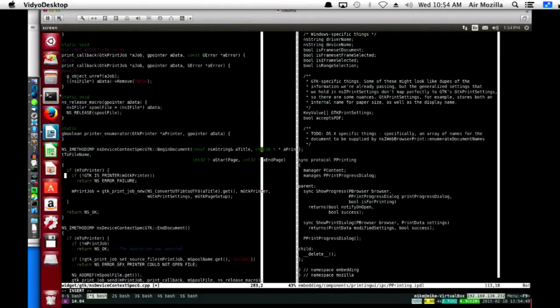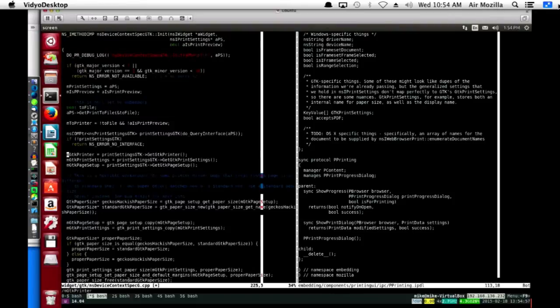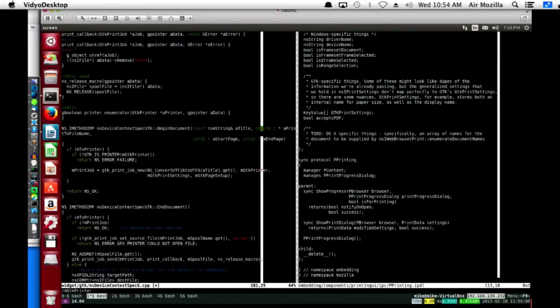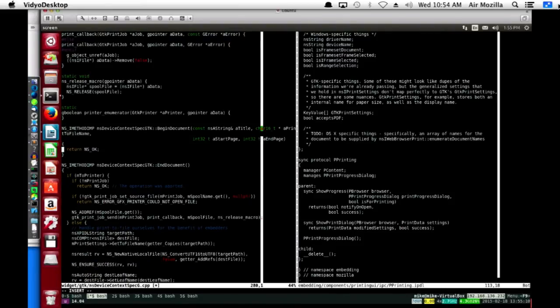Oh, and then there's this also, I forgot, I got distracted. I wanted to remove mGTKPrinter. Let's get rid of it. Don't need it. This whole thing can probably just go away. BeginDocument should just return NS_OK. I don't even know if we need to implement this. Does nsDeviceContextSpec?